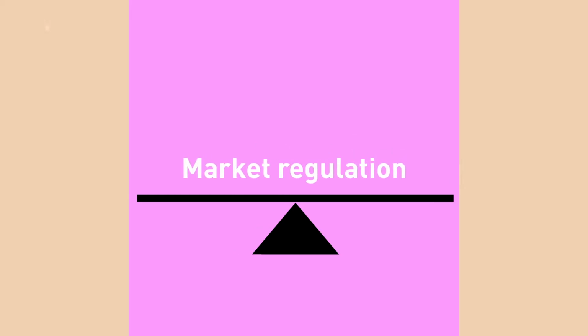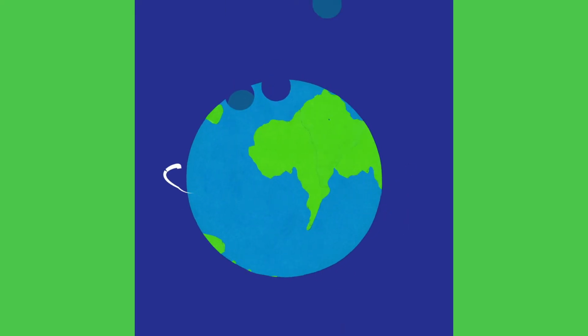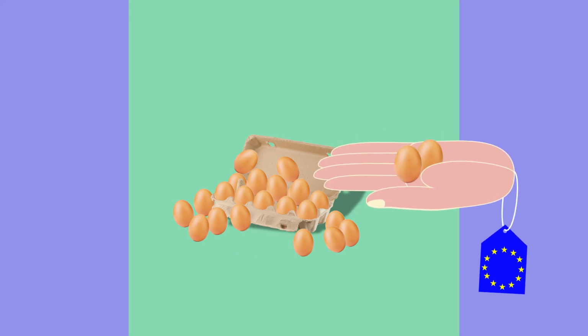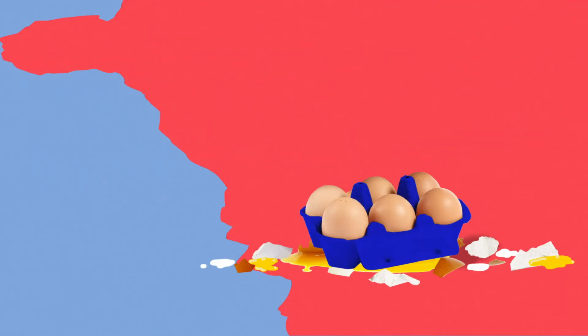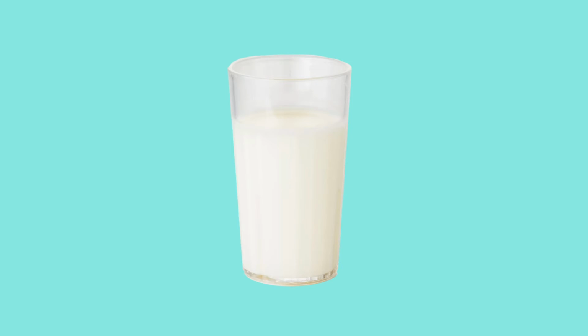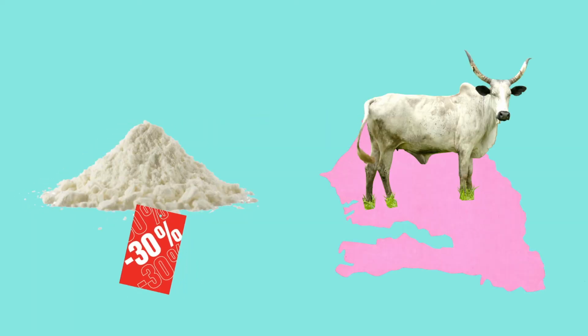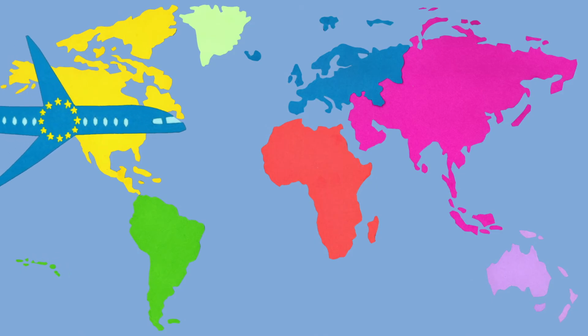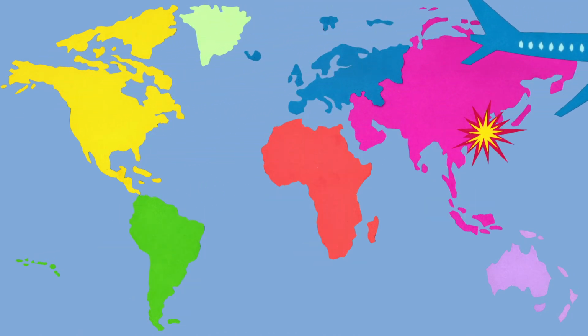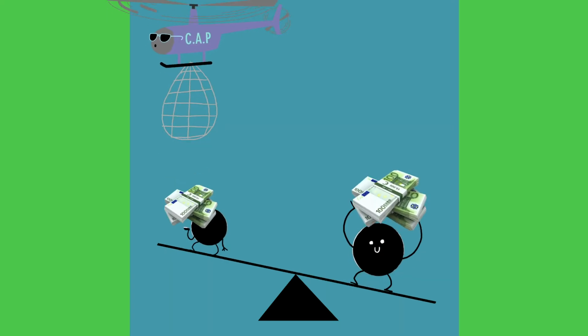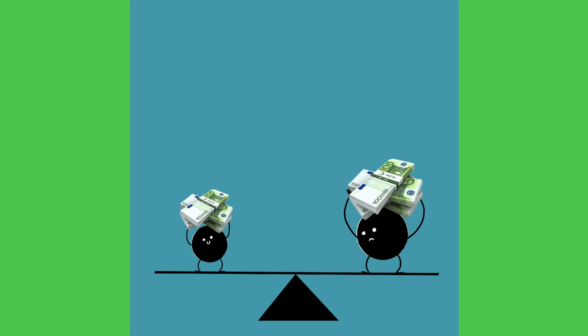The lack of effective market regulation mechanisms also has global consequences. For example, in cases of overproduction, the EU sold surpluses to less developed countries at prices that were lower than prices of local farmers. The most striking example is the case of milk, which was processed and stored into powdered milk, exported to Senegal, and then resold at prices that were 30% lower than the price of Senegalese milk. This practice, known as dumping, still happens today and endangers producers in Europe and in the countries to which the produce is exported. To achieve its objectives, the CAP must therefore include market regulations and the redistribution of subsidies in a fairer and more equitable way.